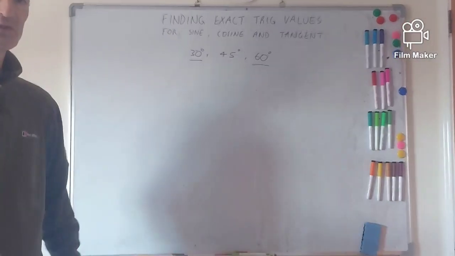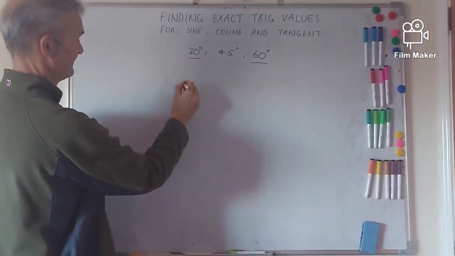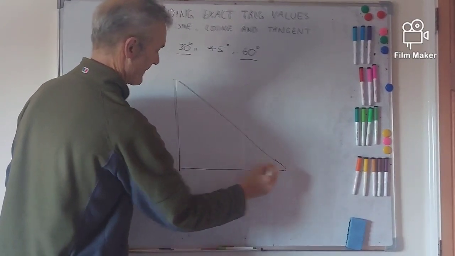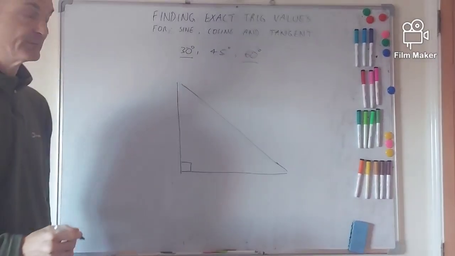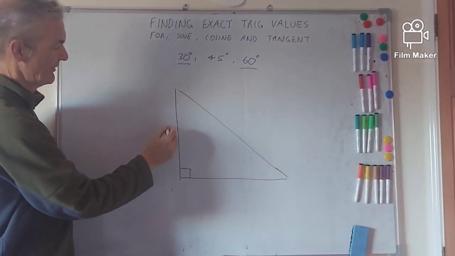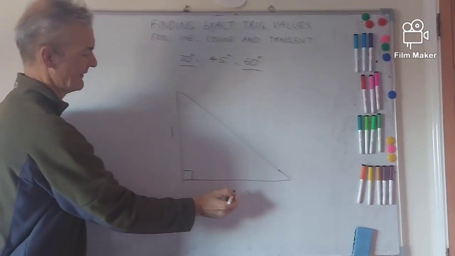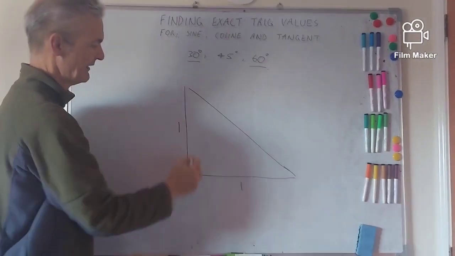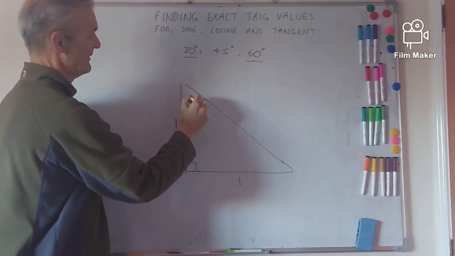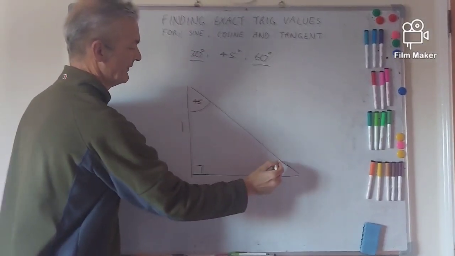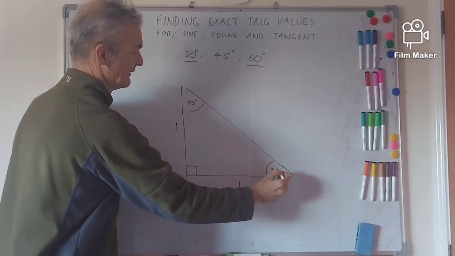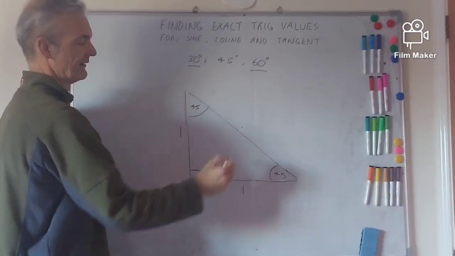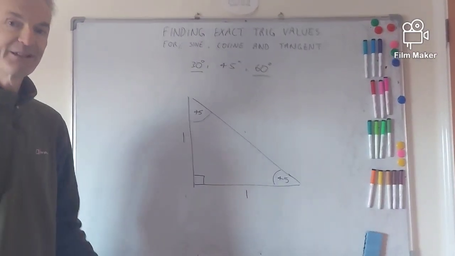Now this time I'm going to draw a right angle triangle like so. And I'm going to make the two side lengths, the shorter lengths if you like, the same length. I'm going to make them 1 unit. Now doing that, making these lengths the same, will give me 45 degrees there and there. So we need to find the longer length this time, and we're going to use Pythagoras again